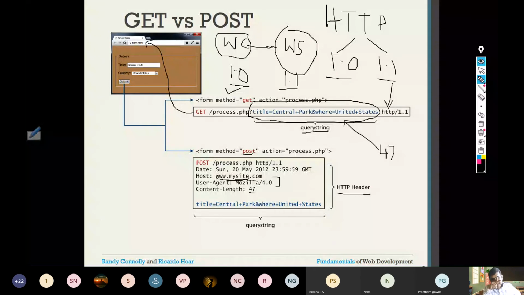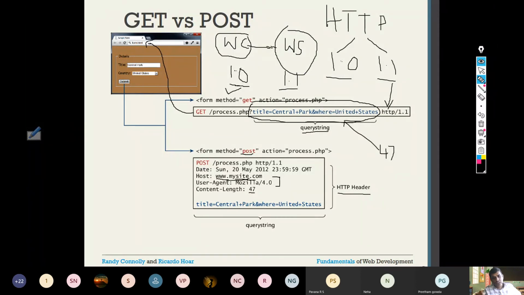So that is the reason the HTTP header provides the content length field. The sender will send some characters, and what is the length? It will set 47. So when the receiver gets this header information, the receiver will also see the number of characters in the data in the query string. If it is not equal to 47, it may reject it, and the sender should retransmit it.